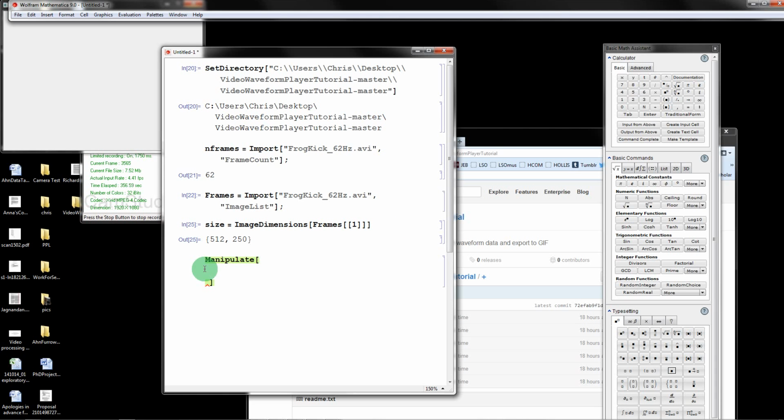So, okay, I want ImageTake. And then for the frame that we want to look at, I'm just going to define a variable frame equals frames, the first frame of the video, for example. So from that image, ImageTake frame,